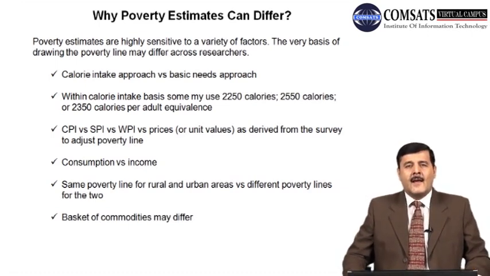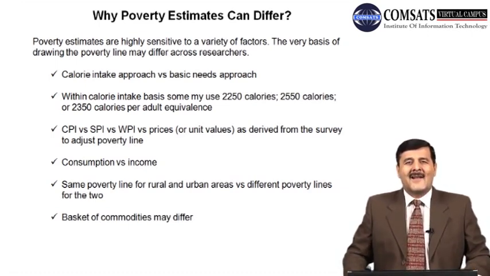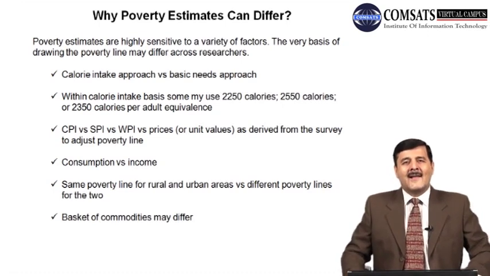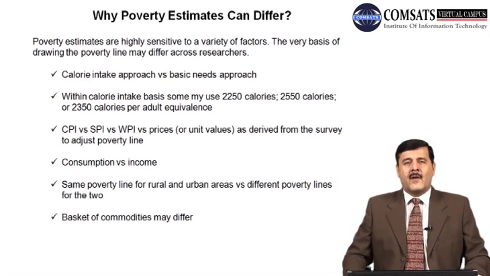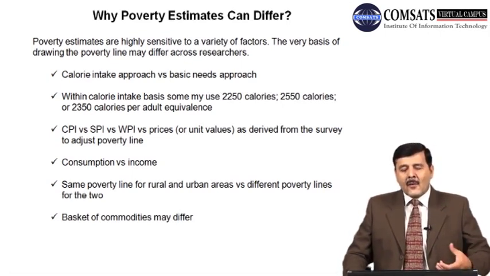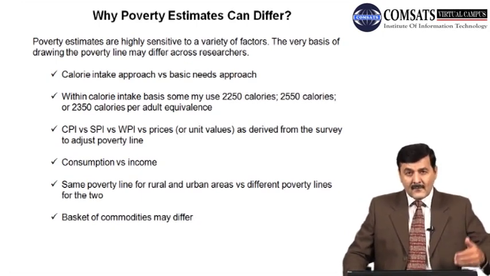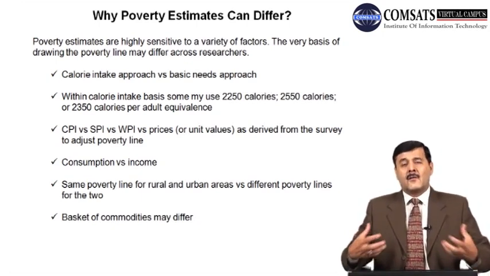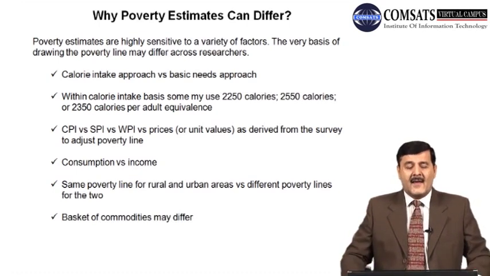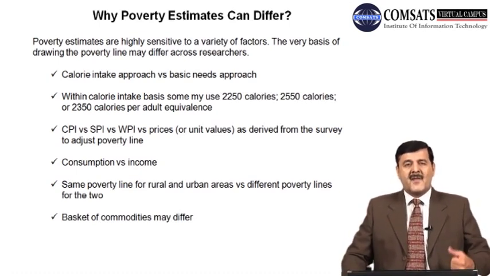If people or individuals lack basic needs, basic facilities, like for example education, health, sanitation and water, then we say that the people are poor. Recently some researchers talk about the calorie intake approach that we just discussed,